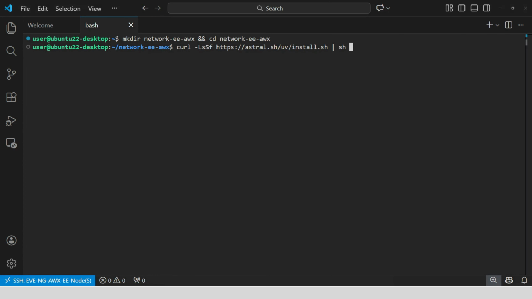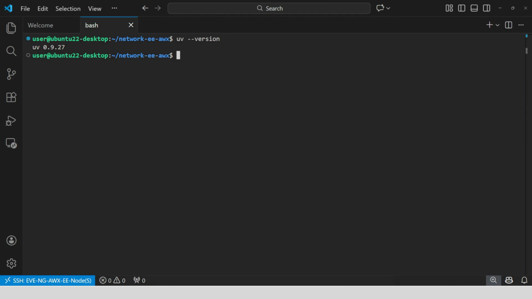Now we need to install UV. This is the fast Rust-based Python package manager I mentioned earlier. Let me grab the install script real quick. And we need to add it to our path. Here we go. UV is installed and you can see how quick that was. Let's initialize the new project using uv init. And look at that.